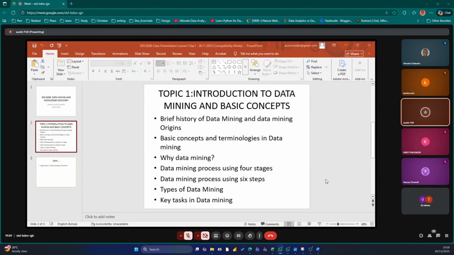When we talk about predictive, if it's predictive, you mean you are trying to assess the history of data elements.